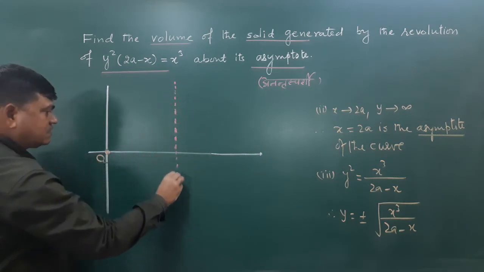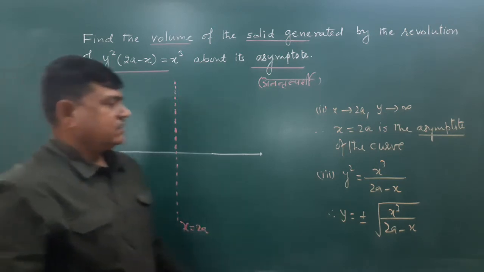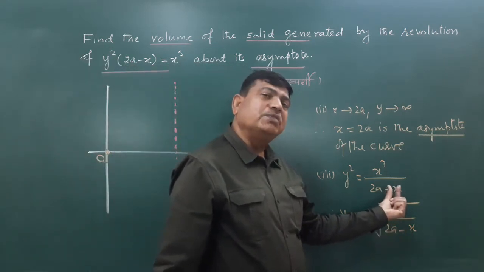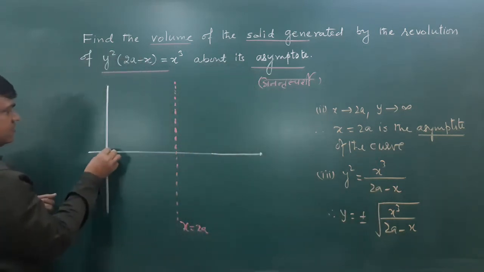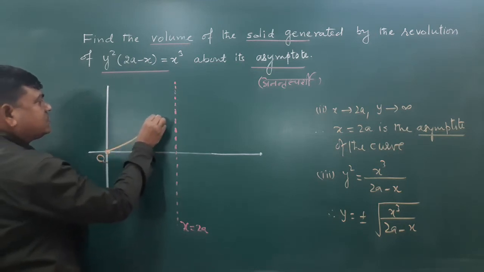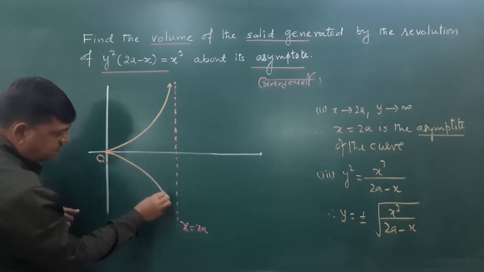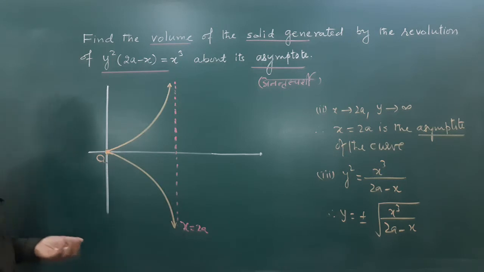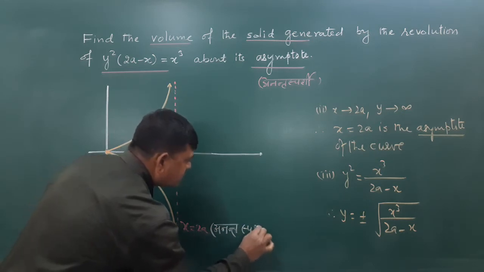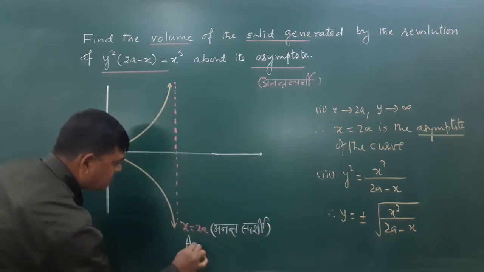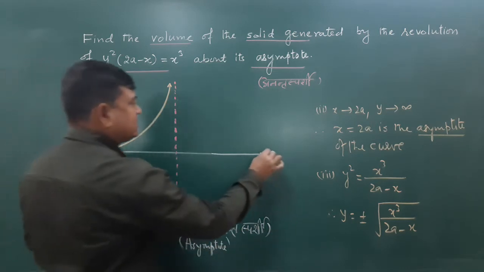This is the line, this is x equals 2a. यदि यहाँ पर x 2a होगा तो पूरा डिनोमिनेटर 0 हो जाएगा और y इंफिनिटी हो जाएगा, तो ये लाइन को केवल इंफिनिटी पे जाके टच करेगी, इसलिए कर्व है वो इस तरह से बनेगा। अनंत स्पर्श एसिम्प्टोट। जैसा एक्स एक्सिस के ऊपर वैसे एक्स एक्सिस के नीचे है।